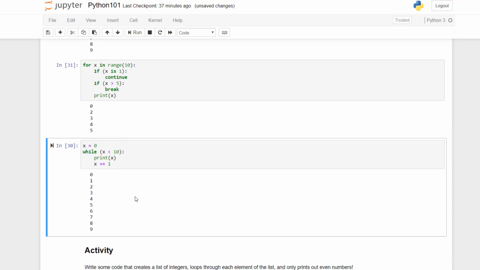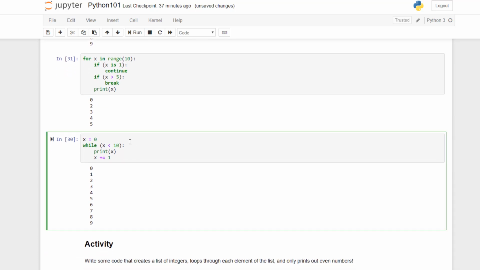Another way of looping is using the while statement. So we can say x equals 0, and then while x is less than 10, that will just keep on iterating through this block of code, whatever's indented after that colon, until that condition is false. Initially x is 0, 0 is less than 10, we go ahead and print it out. We will then increment x by 1. So the next time through it'll be 1, then 2, then 3, and so forth. Eventually x will be 10, and then 10 is not less than 10, so we break out of the while loop